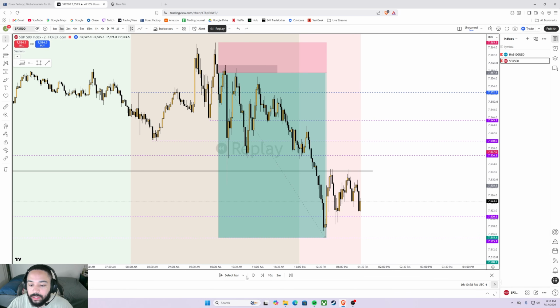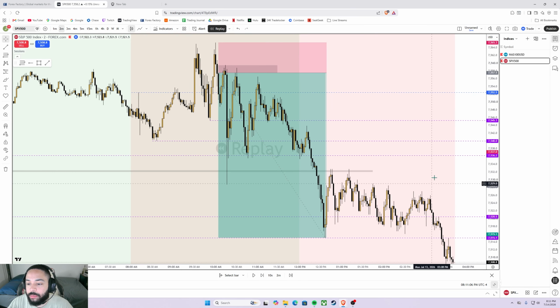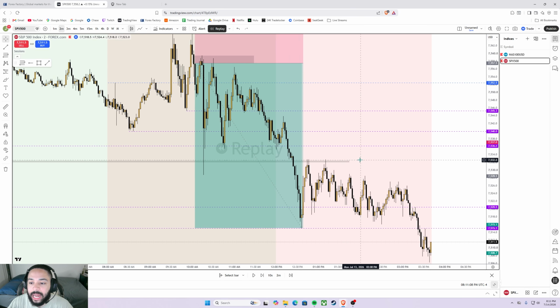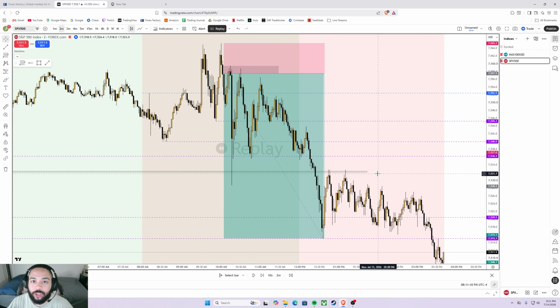It went past it by a pipette, but then you eventually see that if you just waited a little bit longer, boom, you'll see that price did in fact blast through the final target. So